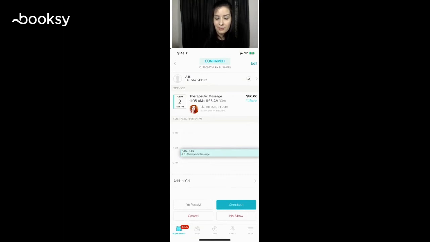First, I do want to point out though, the I'm ready button. So we added this due to COVID. That way, if your clients are waiting out in the car, waiting outside, and you're ready for the appointment, you're ready for them to come into the building, just click that, they'll get a text message that you're ready. They come in, you perform the service, and you're ready to check them out. Just click checkout,